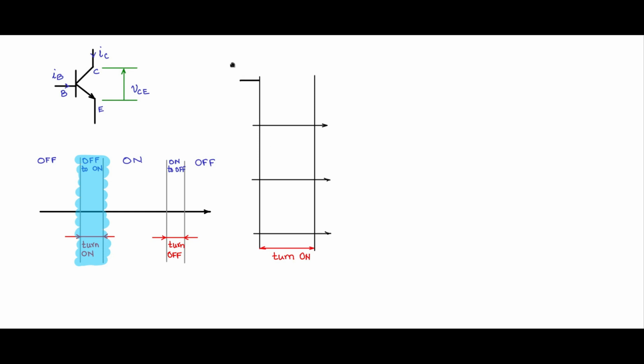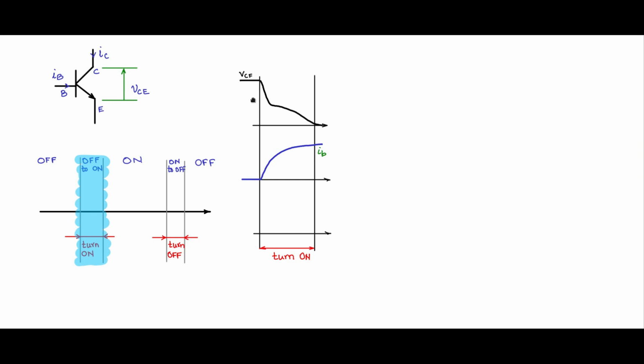Now here it was off state, so the switch was off and there was a positive voltage VCE being withstood, supported by the off switch, and there is a 0 base current here. At this instant, I am initiating a base current to flow through this device. Let's say the base current has a finite rise time and then moves in this fashion, and that is called IB. Because of this IB, the VCE which was here tends to drop like this.